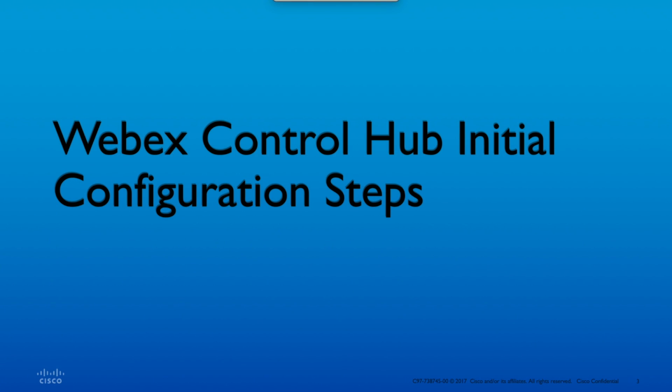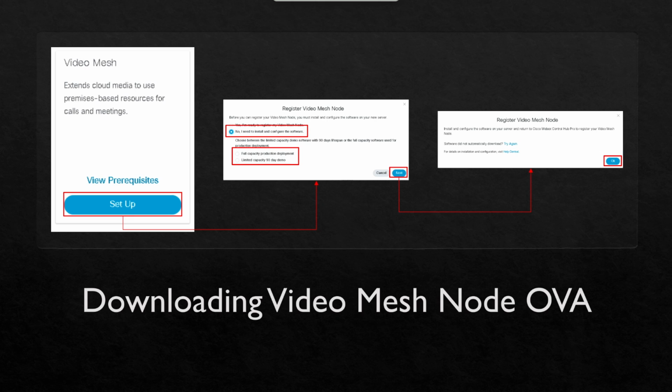Again, we're talking about how to set it up. So the first thing you want to do in the Webex Control Hub is download your OVA template. For this, you log into the Webex Control Hub by going to admin.webex.com, and in the menus in the left-hand column, you select Services, scroll down and look for the Video Mesh card. Click Setup, just like you would with any other hybrid service, and it'll take you to a screen that says before you register your Video Mesh node, you must